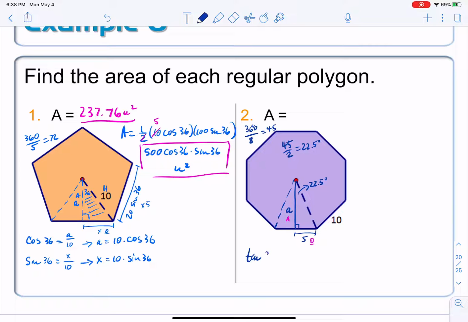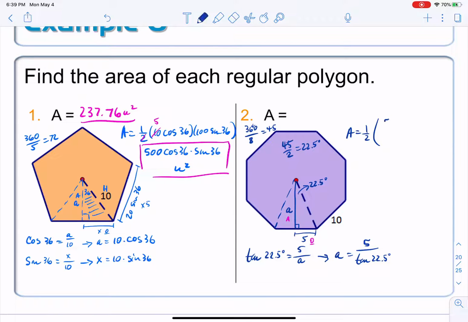Tangent of 22.5 degrees is equal to my opposite side, 5, over my adjacent side, which I don't know. And this time my adjacent side is on the bottom, which means I'm going to have to flip those, to get an apothem length of 5 over the tangent of 22.5 degrees. There's my apothem. Leave it like that. We're going to do all our mathematics in exact form, and then we can round it at the end if it's necessary. All right, our area is equal to 1/2 the apothem, which we just found,